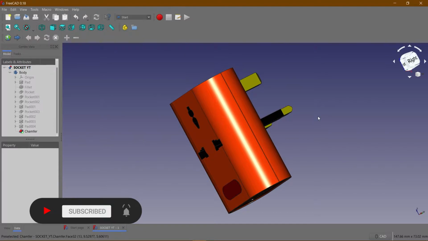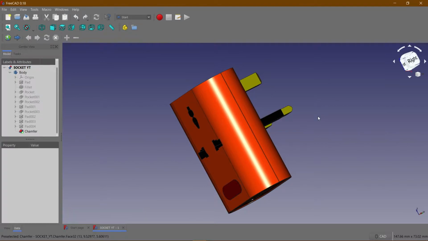In today's video, I'm going to be teaching us how to work more effectively with Part Design Workbench and how to create sketches and how to constrain sketches. So here on the screen, we have a universal adapter, and I'm going to be explaining how to model this universal adapter by creating sketches and constraining those sketches. So the first thing I'm going to do is to